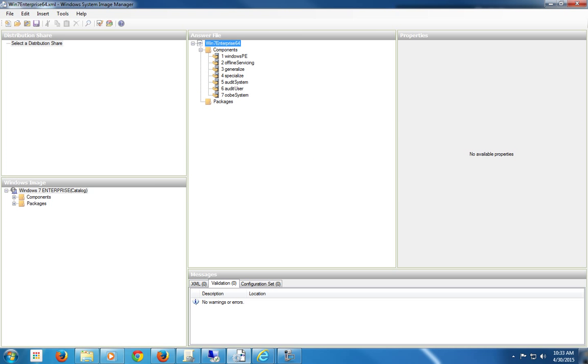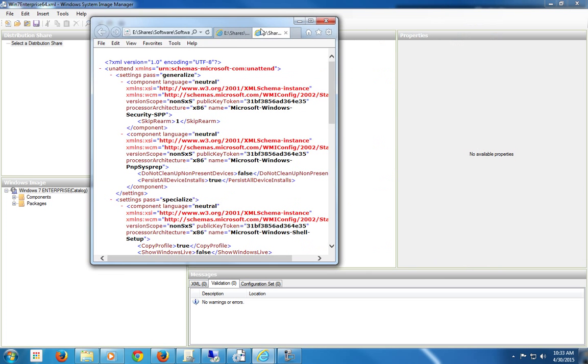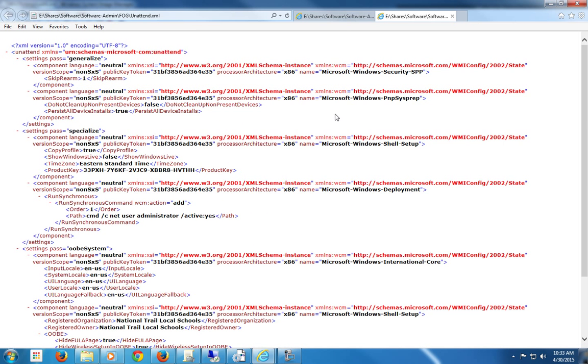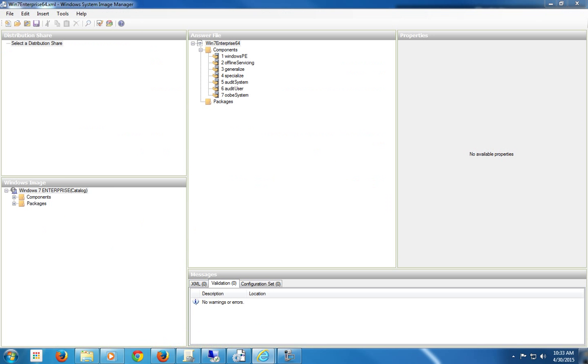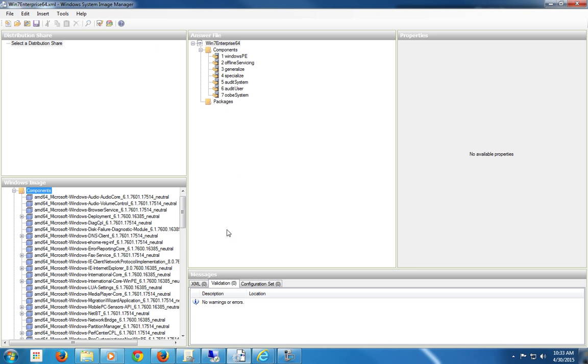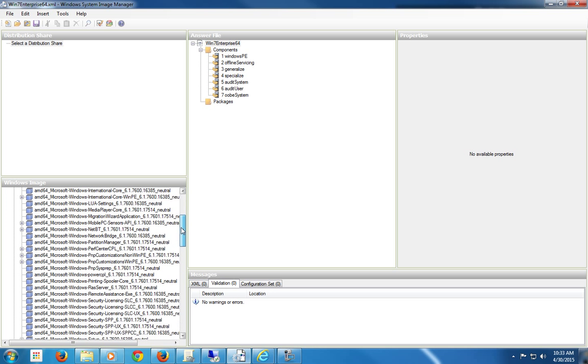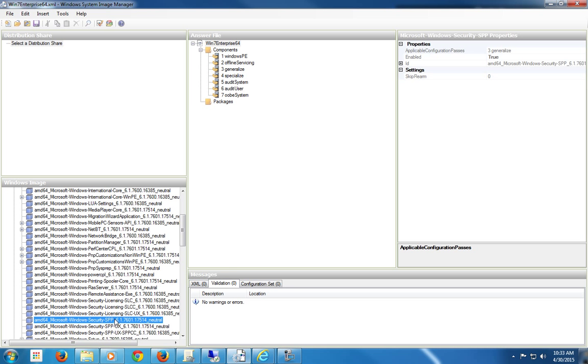So then I'm going to use the existing one that I have as a guide. So this is a guide that I've got. So I'm first going to look for this. So I'm going to add Microsoft Windows Security SPP into the generalize section. So as I go over here and open up my components, Microsoft Windows Security SPP, I click on that and I right click and say add to generalize, and then